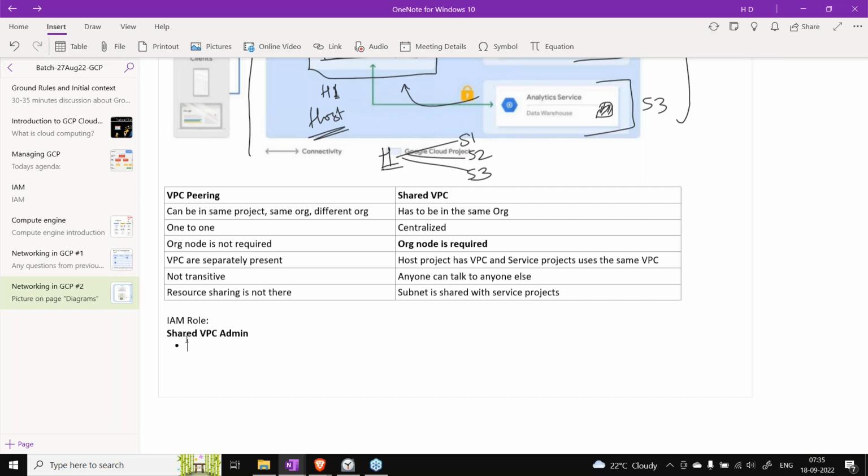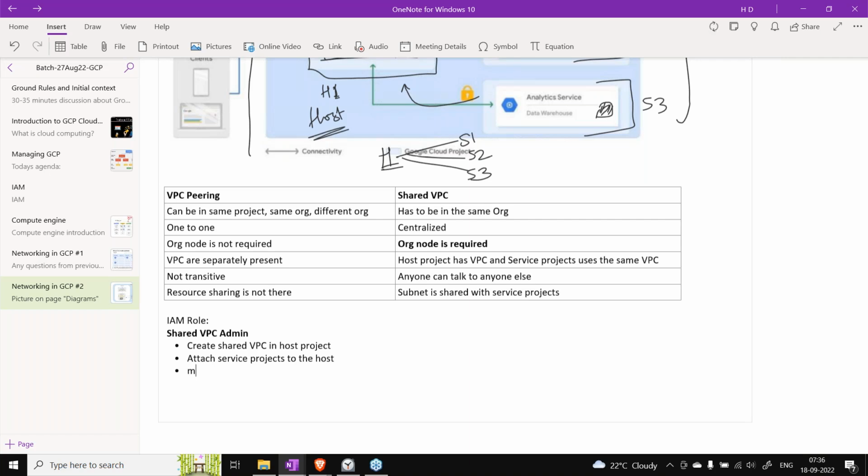This permission has to be given to that particular person, and this person can create a shared VPC in the host project. Then he can attach service projects to the host. These are the two important things he can do.